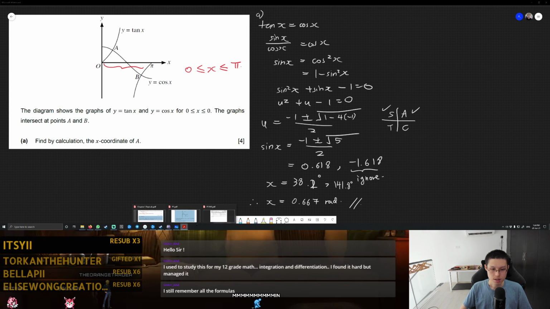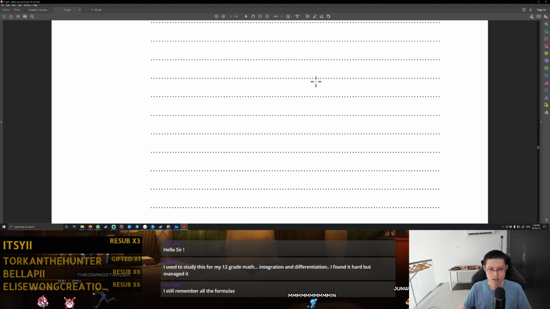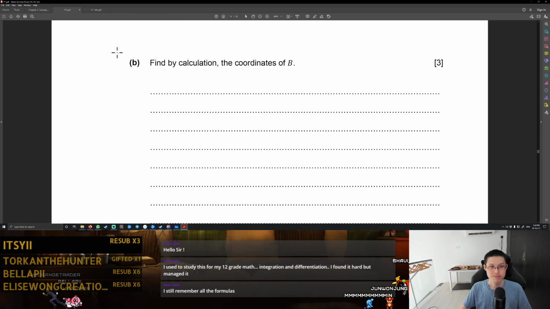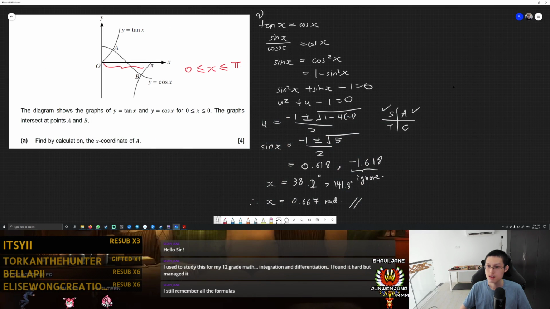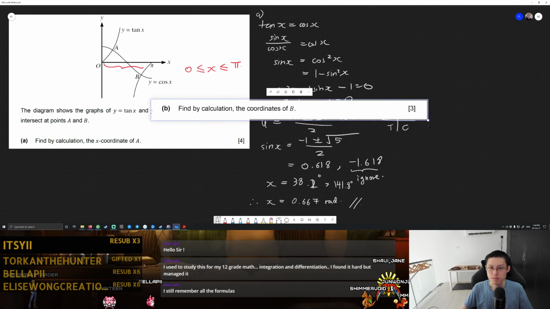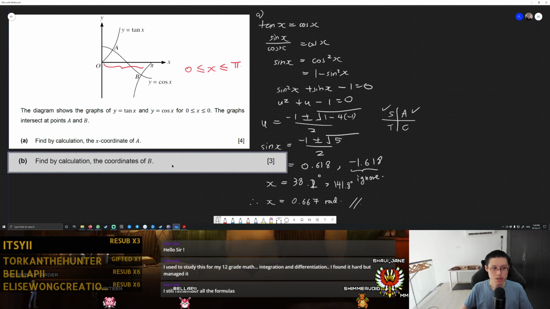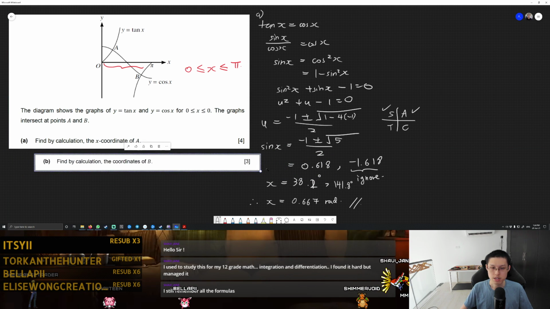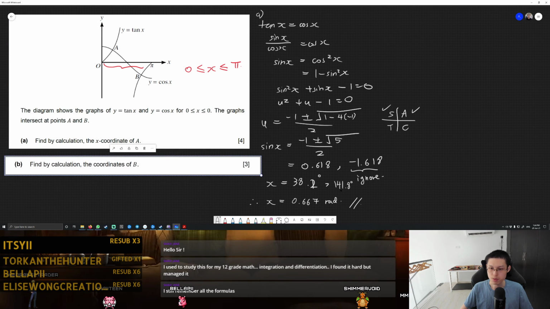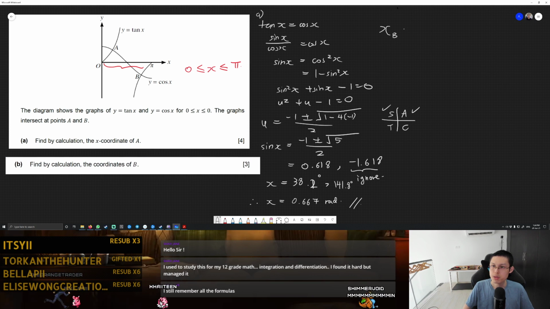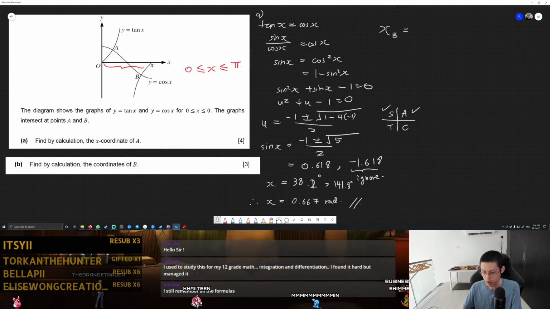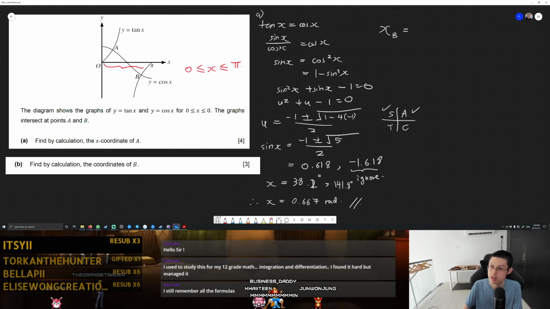Okay, next up, let's look at the next part of the question here. What do we have? Find by calculation the coordinates of b. Well, we actually already know what the x coordinate is because we worked it out earlier. It's actually this one here. So the x coordinate of b is going to be 141.8 degrees, but I'm going to have to change that to radians. So multiply by pi divided by 180 gives us